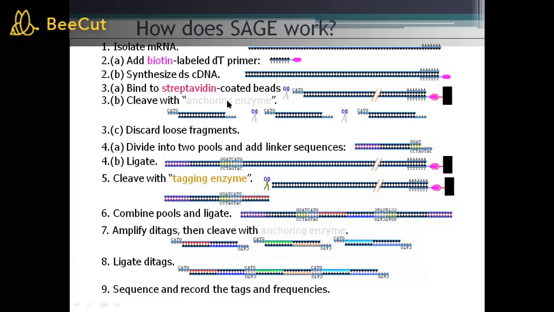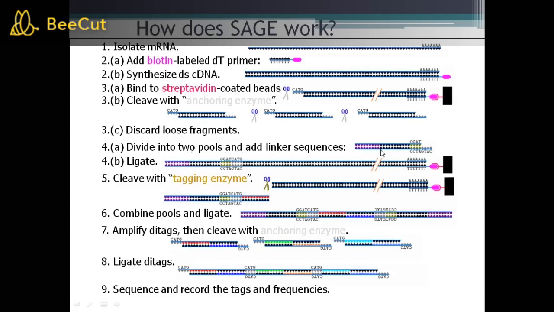Then cleave with an enzyme that recognizes the 4 base pair sequence GTAC, or reading from the opposite side, CATG.